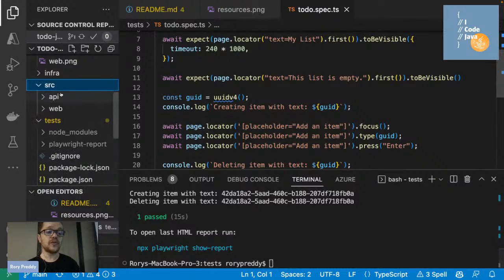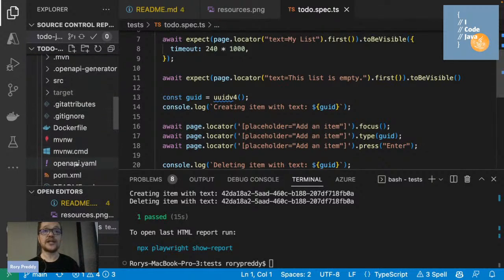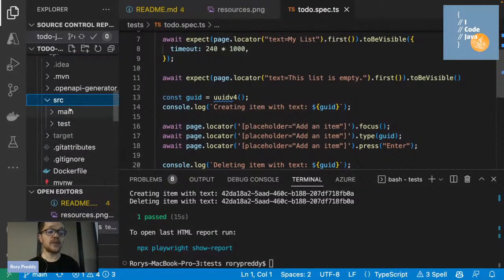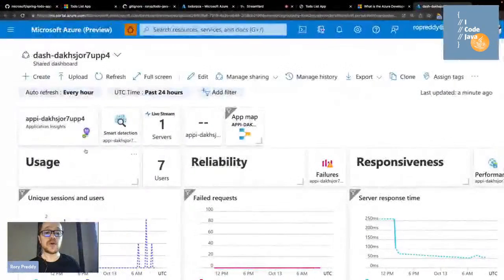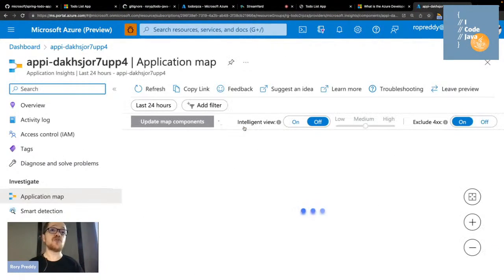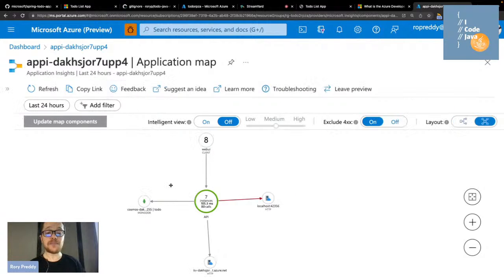Let's go to source, and in the API here, I've got my POM, which I'm injecting my Spring Cloud Azure, and then I've got a little source application here that is basically just going very similar to do that repository and an API configuration. So let's go into our API map. This is my application, so I can click on my API map. We added some source files there, and now I should be able to see my API map here.